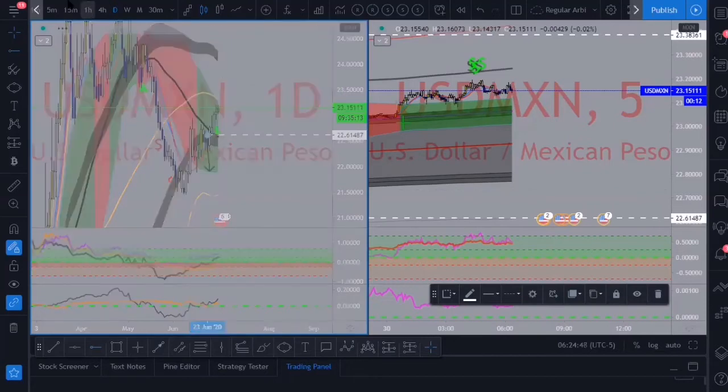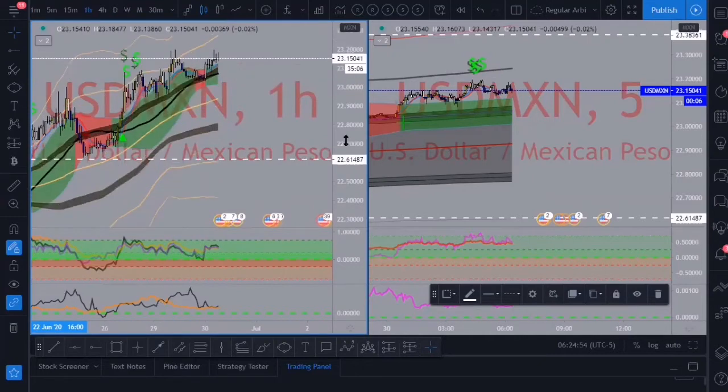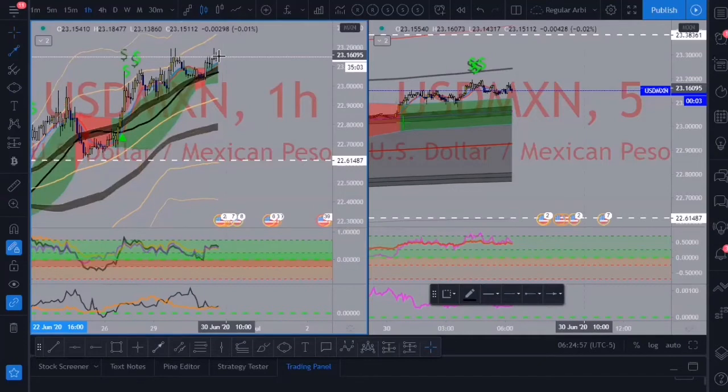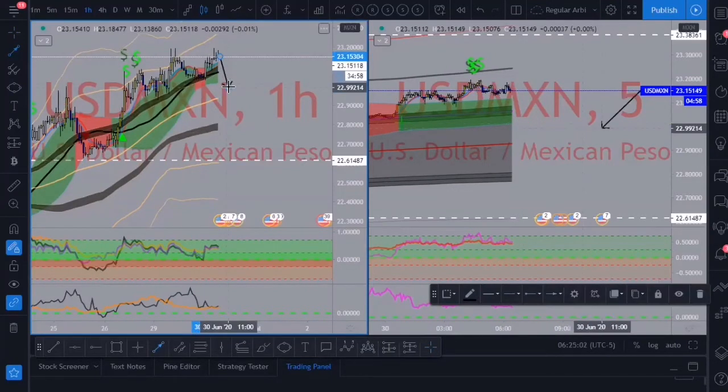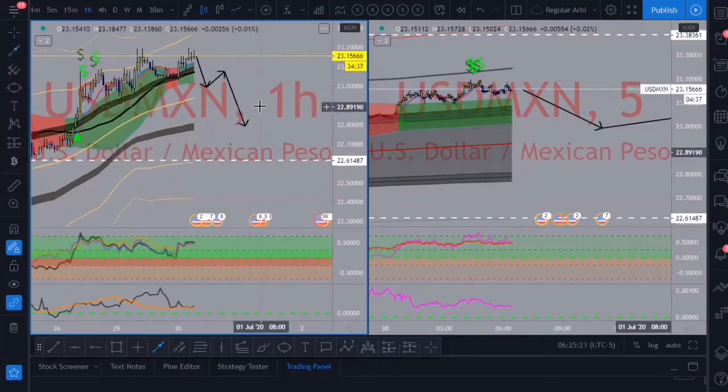Okay, 1 hour. Oh, that's solid. All right, so what I would want to see on USD Mexican for a sell opportunity is for price to break through the RSI line, retest it, and then go lower. Now, the reason why I marked it down here is because I do want to see price come all the way down here and then go bullish, because as you can see on the daily time frame, it's called for the buy. So I just want the retest of that RSI line. That's what makes things good for me.